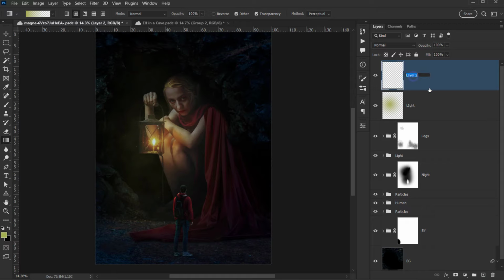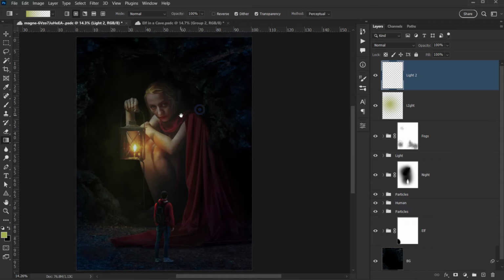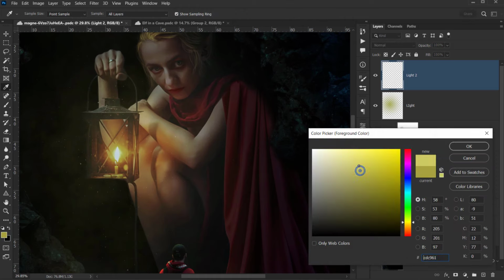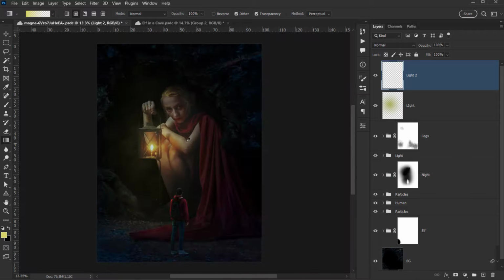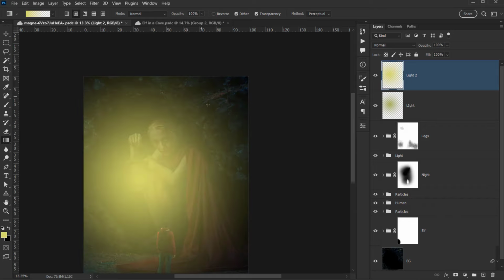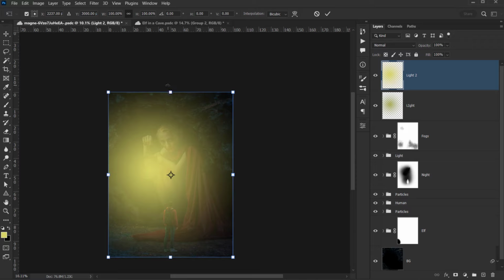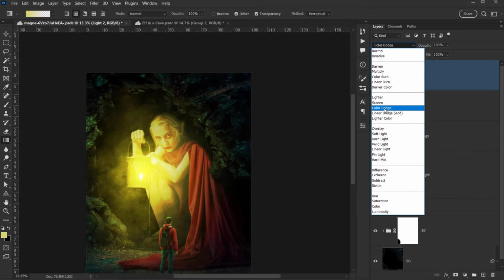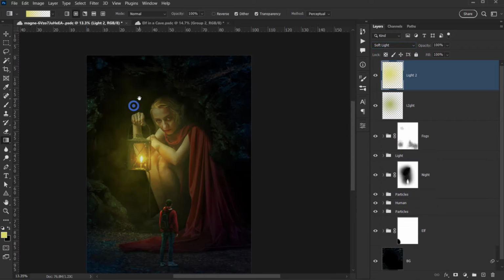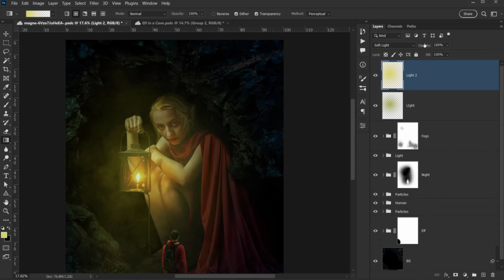And then I'll create another one, call it light 2. For this one, I think I will sample the same color and make it a little bit warmer. Yeah, somewhere around here. And I will use the same radial, and this time I will put it way more up, like that. Let me press Ctrl Command T and stretch it by pressing Shift and put it a little bit up, somewhere around here, and click on this check mark and change the blending mode to color dodge. Or actually let's change it to overlay or soft light. Let's keep it soft light, and I will put down the opacity,